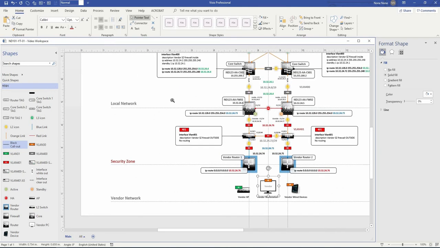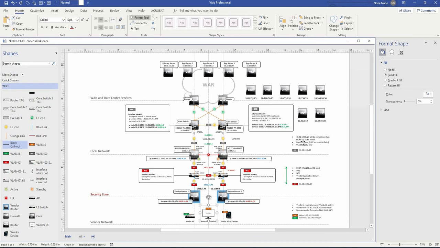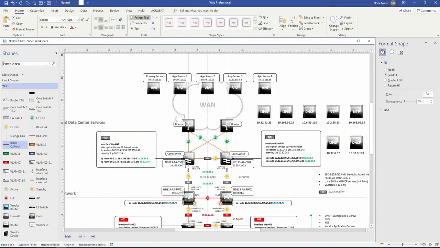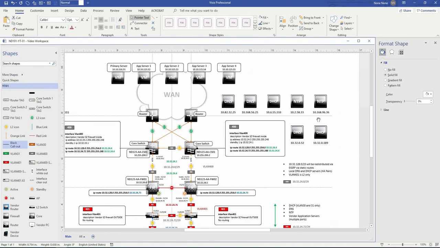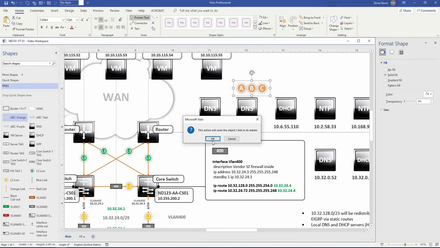All right, so we have our zone names lined out there. We have our VLANs and our additional information. We got all the services. There's one thing I wanted to do: there is some redundancy as far as DNS, and I would imagine there's a sequence to how they're configured on the devices themselves. So what I like to do is use an ABC type of graphic to call some of that stuff out. So I've created an ABC that I can just split up